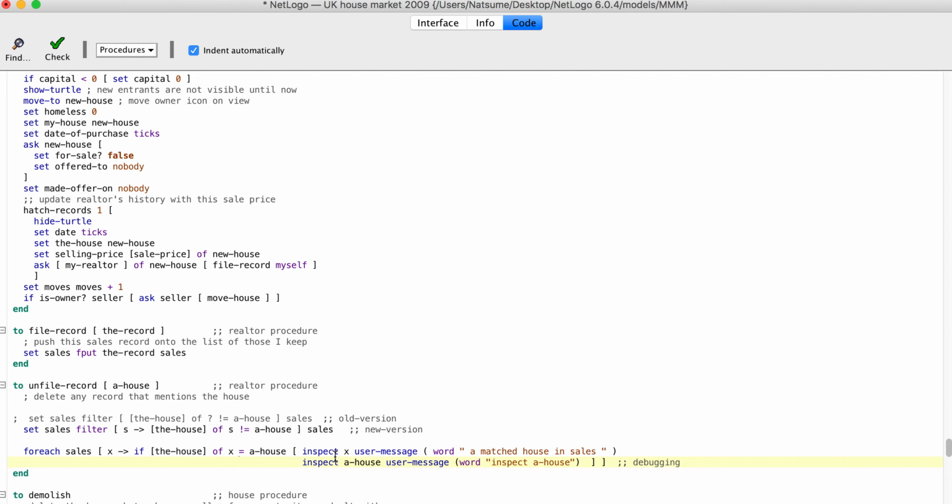So in order to run this line of code, we have to comment this line out. Why? Because in this line, we can see that all the cells have been filtered, or those cells with the house equal to a house have been excluded. Therefore, if we keep this line of code included, then this line of code will never be executed. So we have to comment this out. This way, when we run the code,